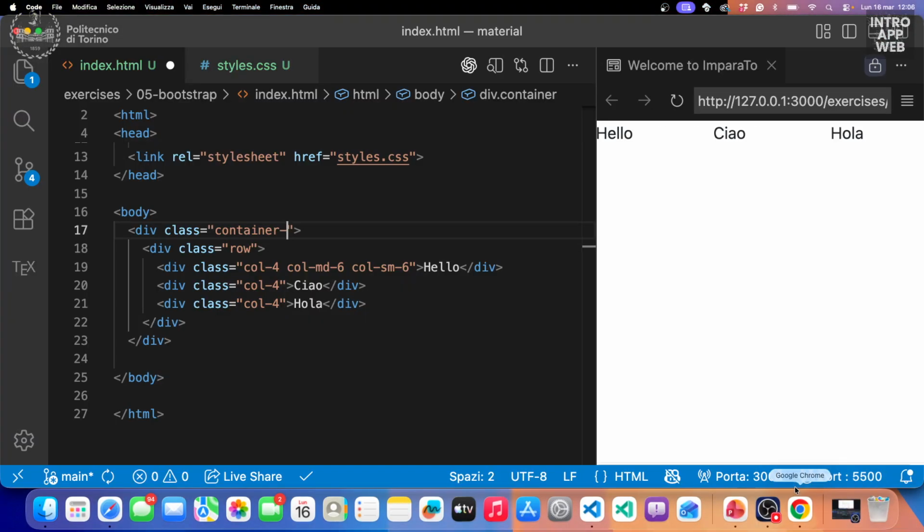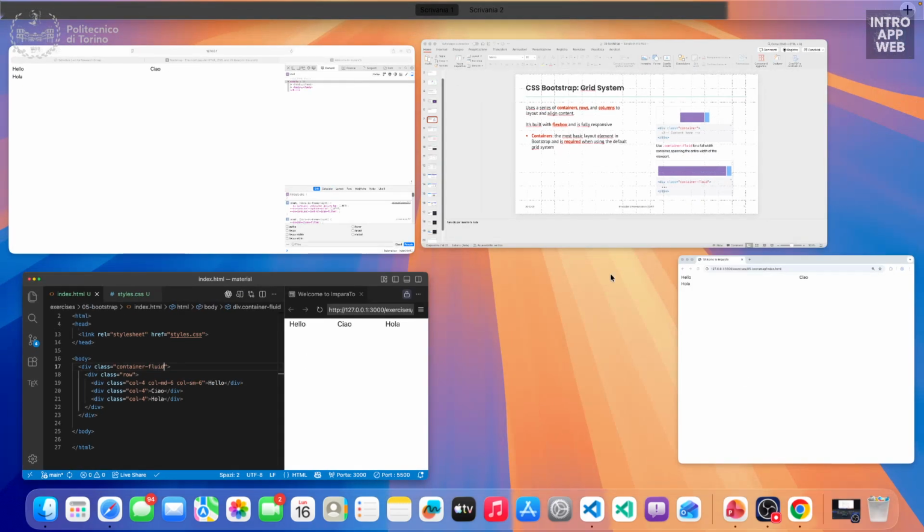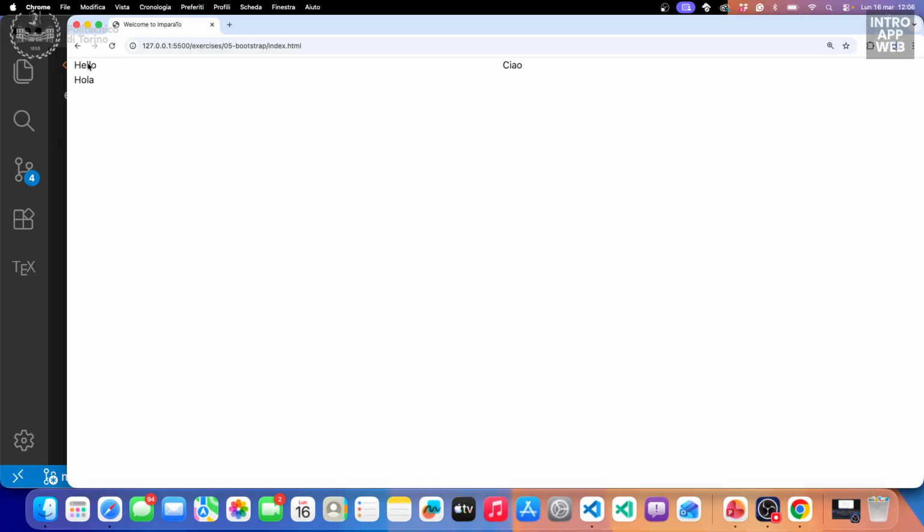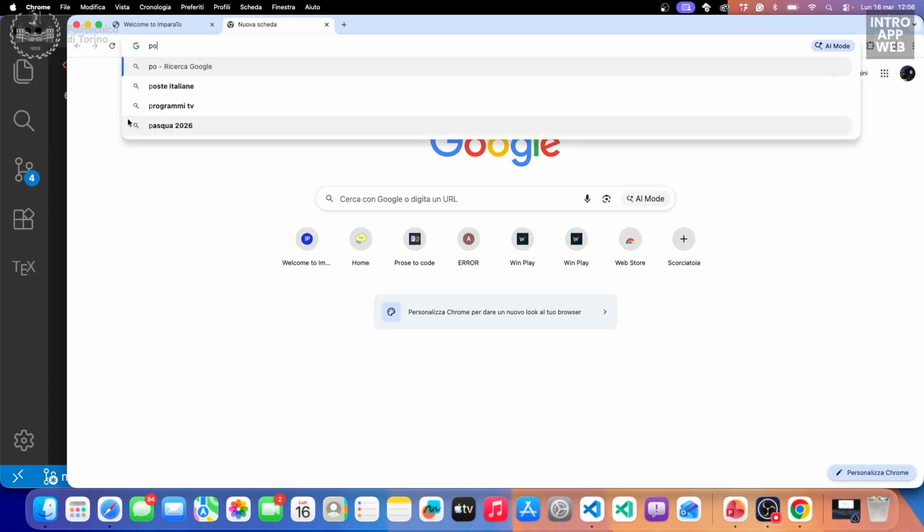But if instead of the first one we set this to container-fluid, you will see that it now occupies the whole space. It doesn't leave any space on the sides. Which one do we like more? The first one or the second? I think maybe the first one can be more safe because you leave some space on the sides, so that if the screen is not as big as you would expect, you have the space on the sides. And I think most of the sites try to